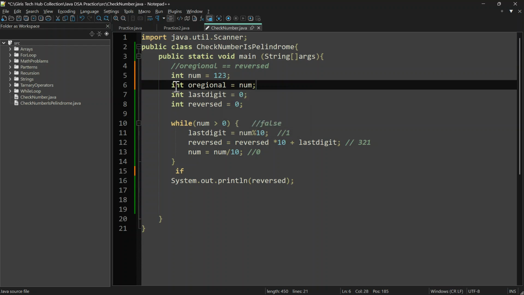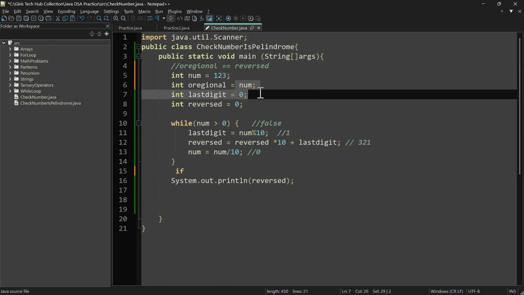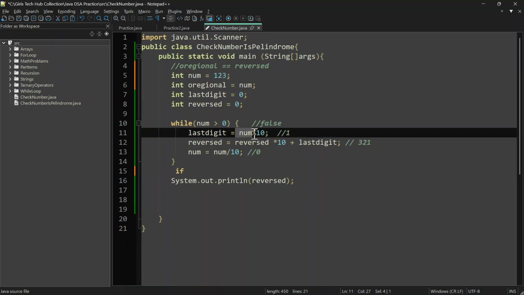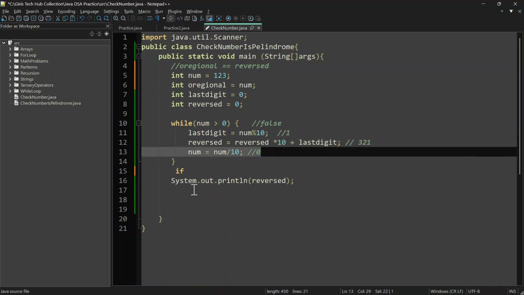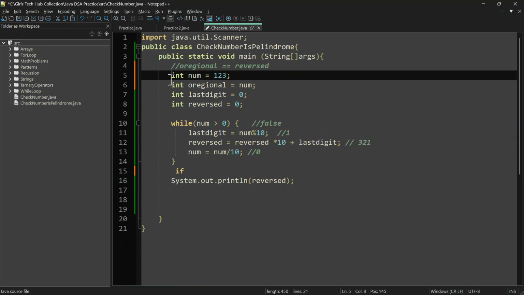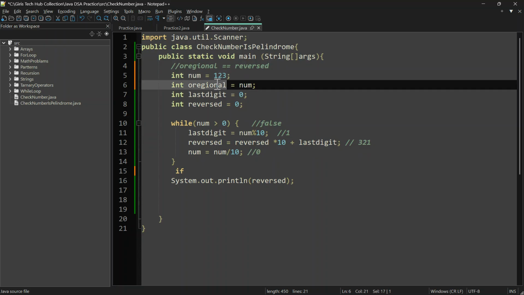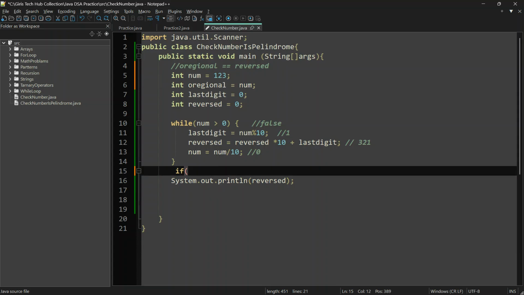We took the same number in the original number variable because we have done the operation on this number, so it does not exist after this while loop. So we initialize the original number with number, and then if the original number is equal to the reverse number,